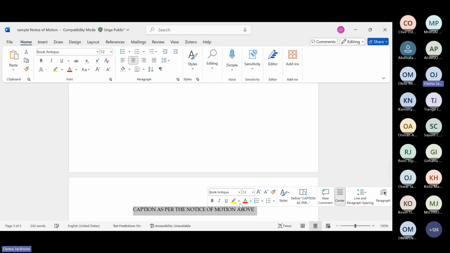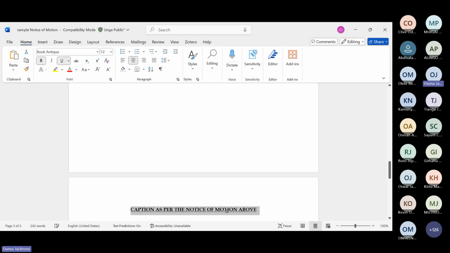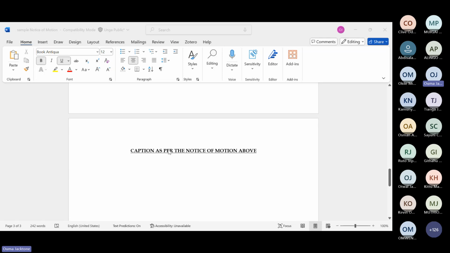So what does this mean? This means that you don't have to repeat the parties, Republic of Kenya, the parties, you don't have to repeat them. So once you do that, it just comes straight and you write supporting affidavit.